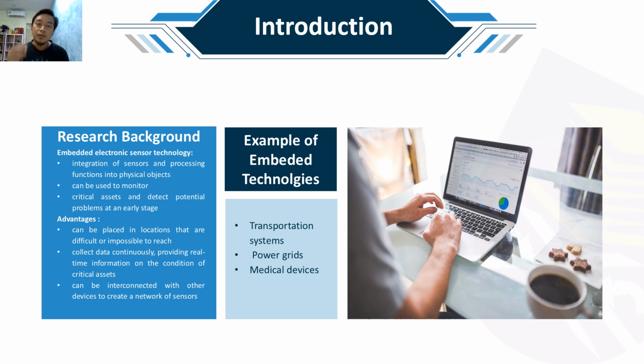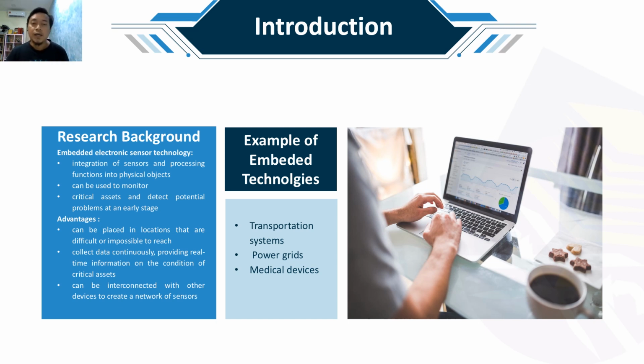The second one, in the power grid, embedded sensors are being used to monitor the condition of the power lines, transformers, and other power grid equipment. This information can be used to detect potential problems early, such as overheating, overloading, or fault